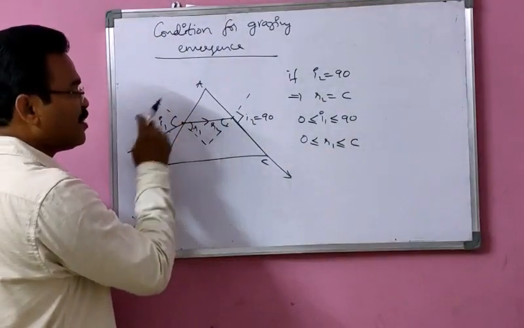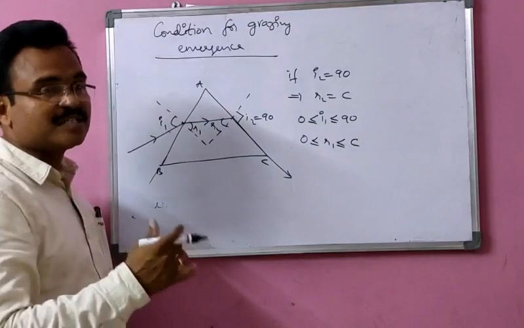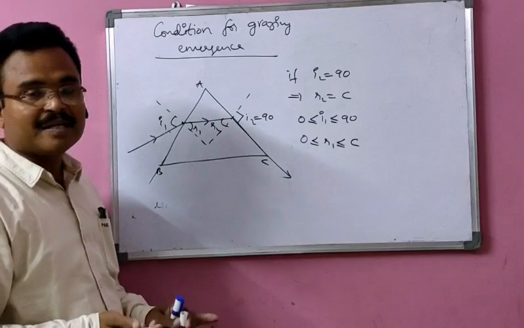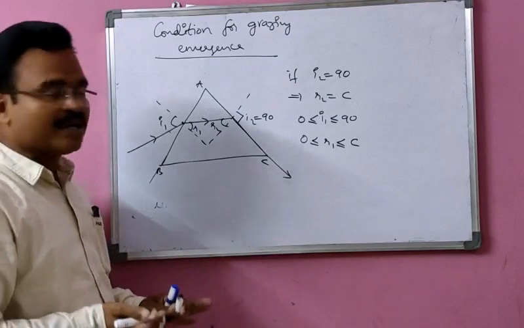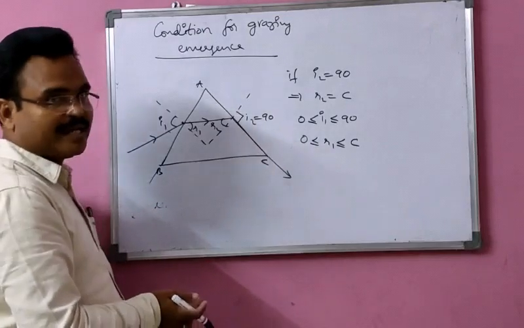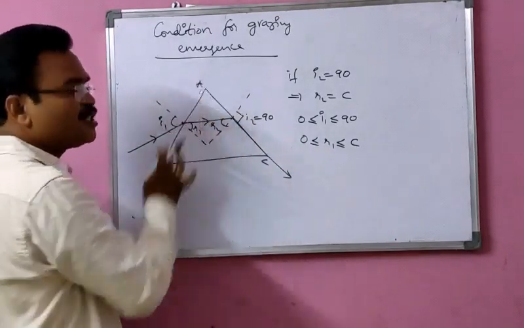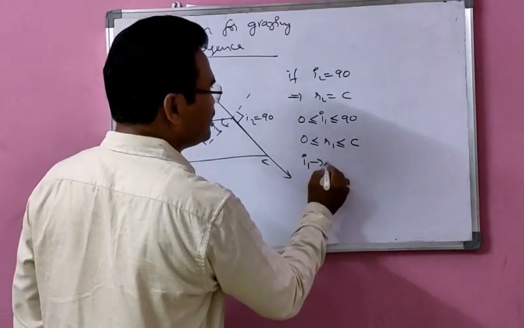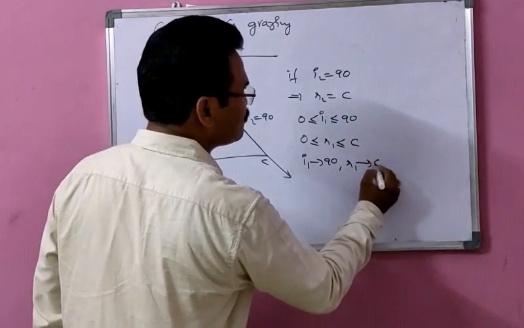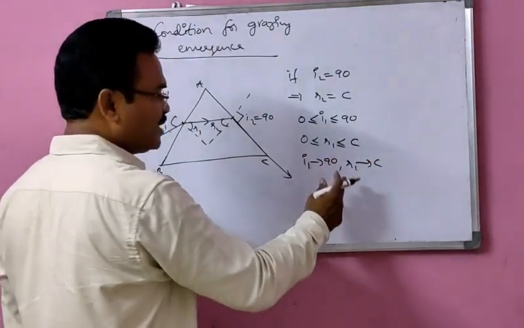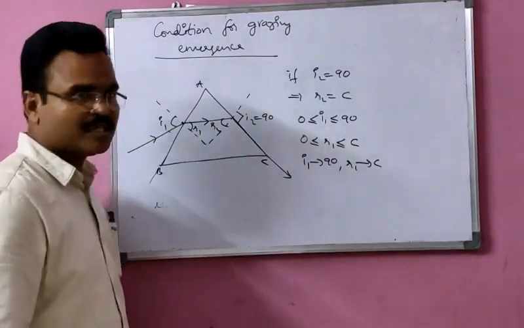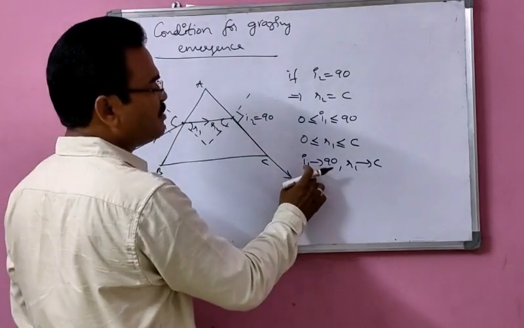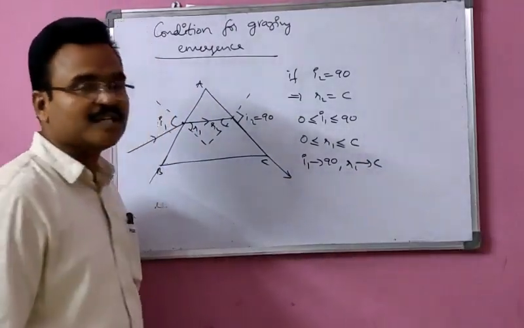So what happens to the maximum angle of R1? Less than or equal to C means at most it can be C, but not more than C here, because R1 cannot become 90. It should go like this or like this. Is it possible? Not possible. So what I can say here, if I1 is tending to 90, then R1 tends to C. I1 tends to 90, the maximum value, R1 tends to C. That means on any surface with any angle, if I1 comes, the maximum value of I1 is 90, then R1 tends to what here?